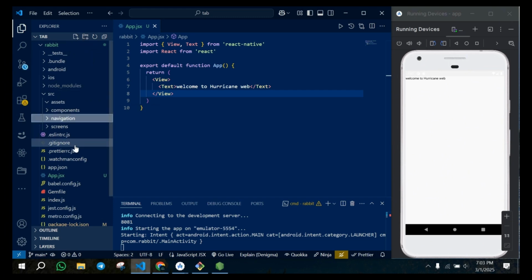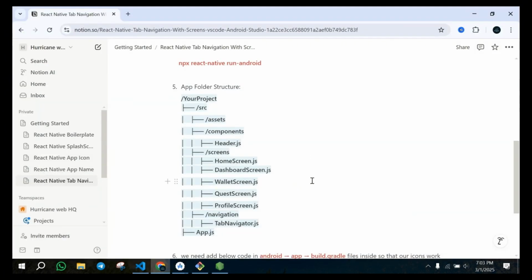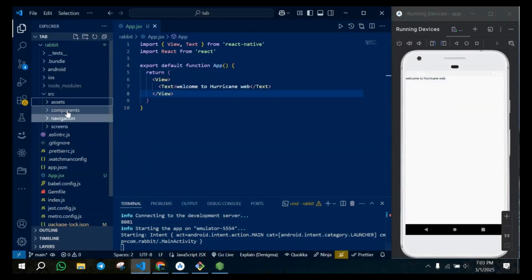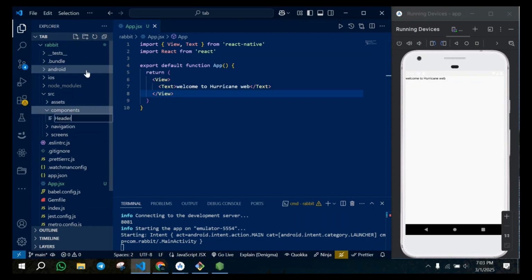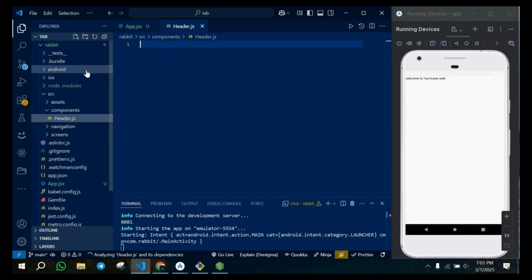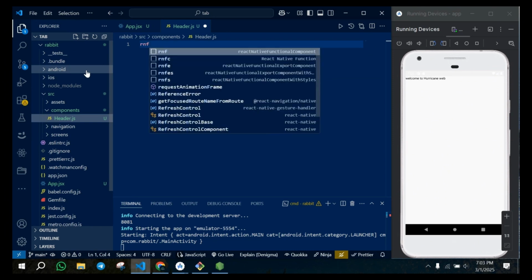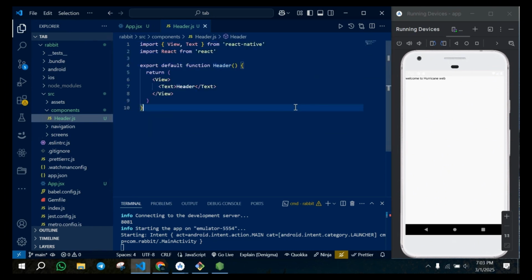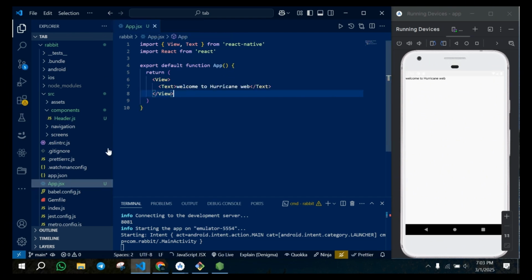So we create a total of four folders, and those are assets, components, navigation, and screens. In components we will create the header.js file. Inside components we will create a file named header.js, then type rnf and hit enter. Control S. We will customize the header file later. For now I just give it